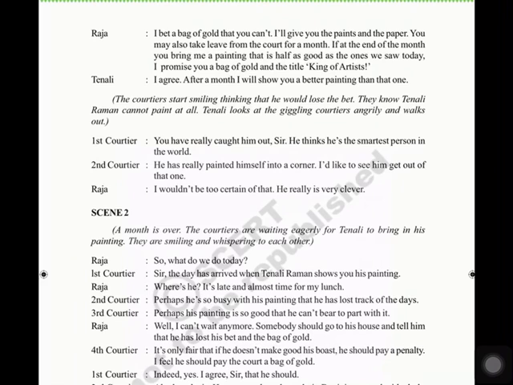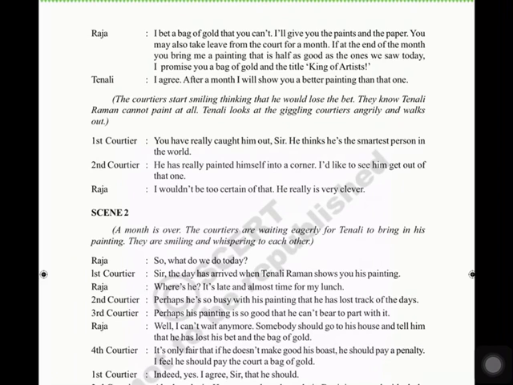Okay. So Raja challenged. What did he challenge? I will give you a bag of gold if you paint at least half as good as, means I am not expecting 100% perfection from your painting. At least half is okay also. I will give you a bag of gold. And for that, I will also grant you a month's leave and also the canvas and whatever is related to painting. He also challenged that he can't do it, and Raja also promised, I'll give you a bag of gold and also the title King of Artists.